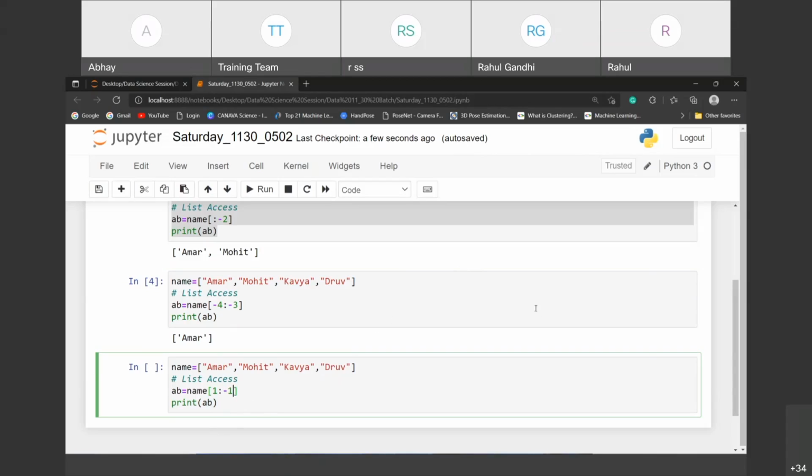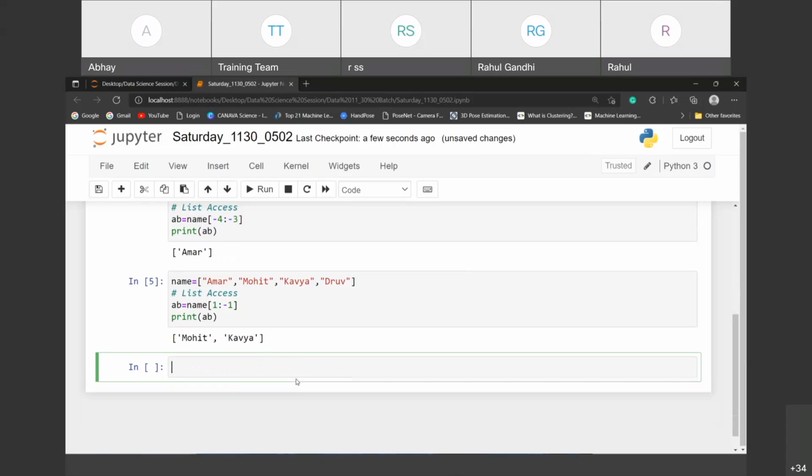So is it possible only one answer, or both Mohit and Kavya? You guys are missing something here. The access starts from Mohit and ends before -1, which is Dhruv, so it will be Mohit and Kavya. So if I run this one, Mohit and Kavya will be there. Are you getting the point, everyone?